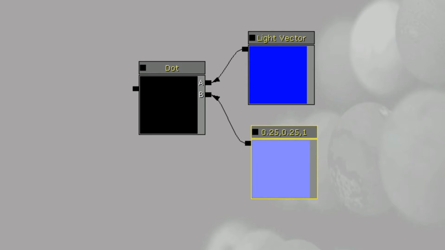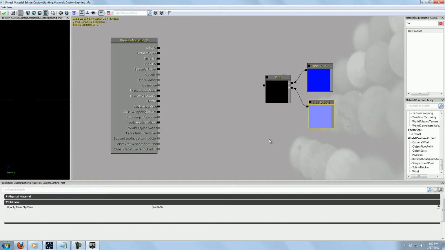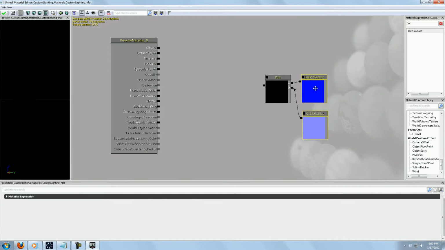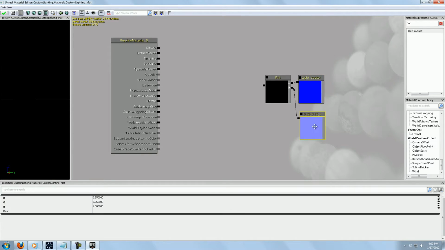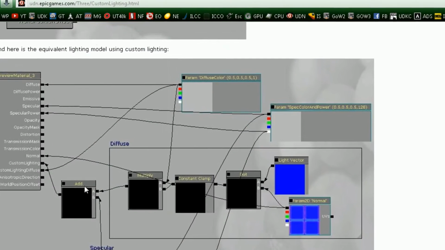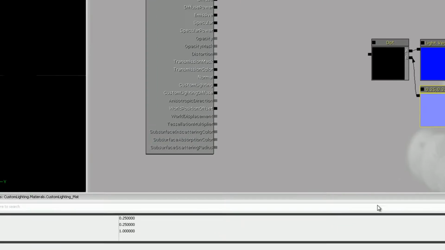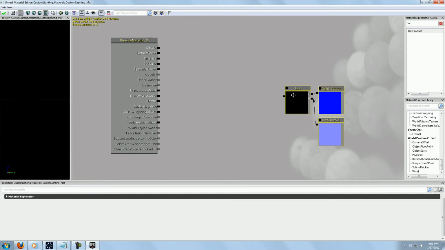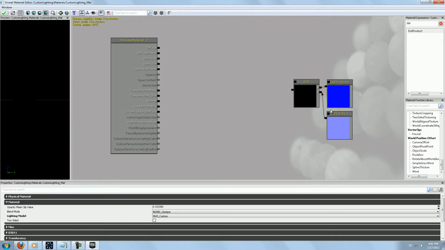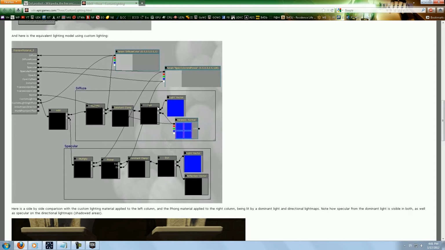Okay, so to start out with, I just kind of put some values in here. This is going to be kind of sort of close to being like a neutral normal map, and the dot product, if you don't know what that is, you'll learn about it in your calculus class, or you can go look it up on the internet here. What it really means doesn't really matter to us right now. All that we really want is what it's going to mean to us, and I'll kind of explain it as we go along here. Okay, so we got the light vector and the normal map with the dot product,